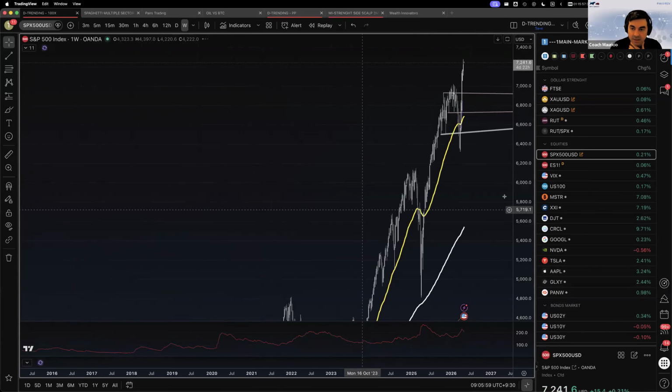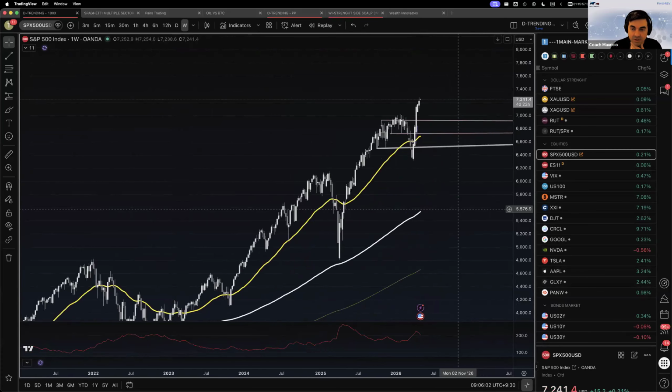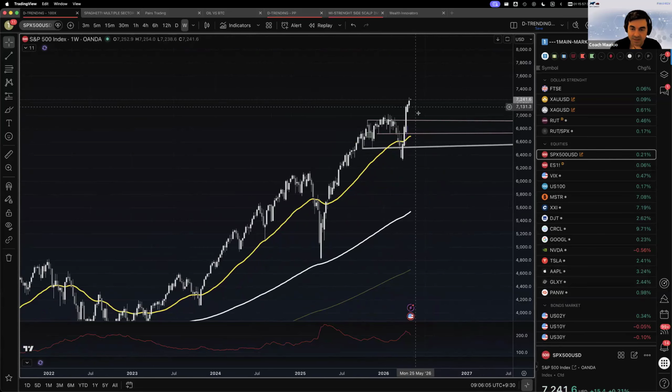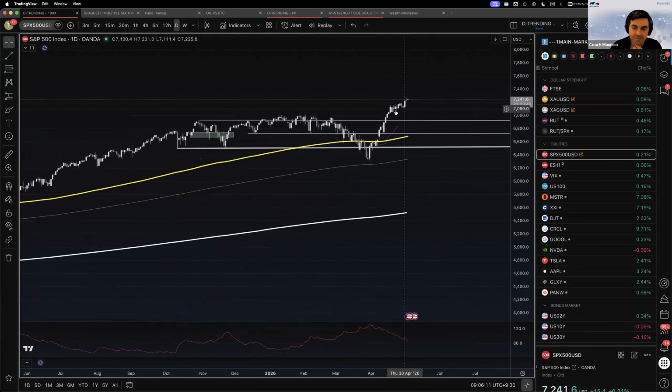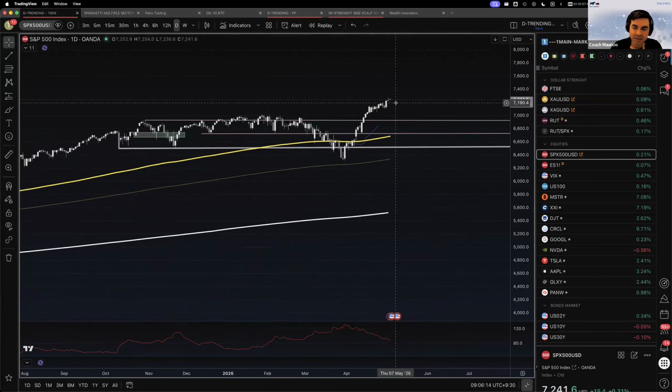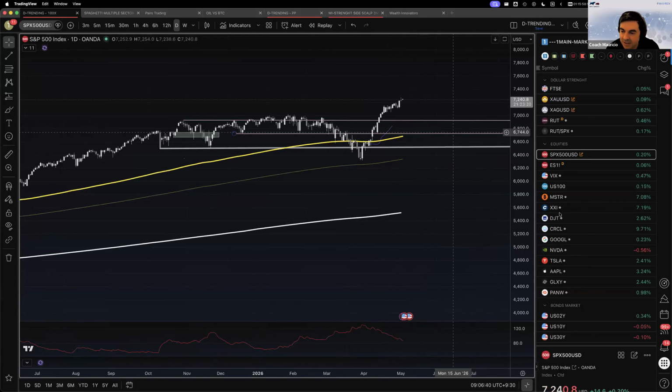Look at the weekly. This thing is either non-stop or ready to pull back, right? But it's interesting because obviously a lot of this is what fuels the market. People short in, and then the market keeps going up, and this is when it gets tough to trade, man, because you get the fear of missing out, then you're going to miss the market. So think about it from funds or institutional traders: if this keeps ripping and they're not in, then they're not doing their job in a way.